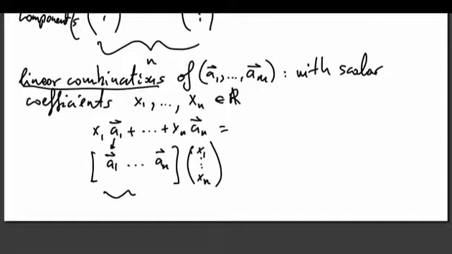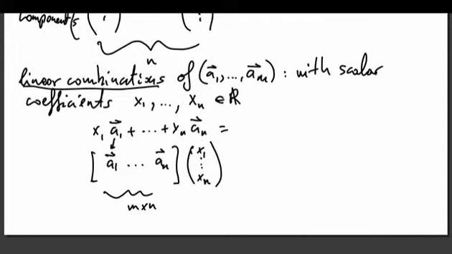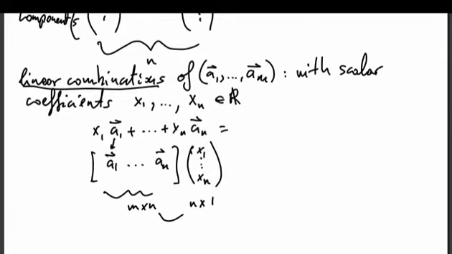Then what we have here is an m by n matrix. The column vector can be considered as an n by 1 vector. When you multiply them together, the dimensions next to each other must match in order for the multiplication to make sense. So yes, it makes sense, n equals n, and then the result is an m by 1